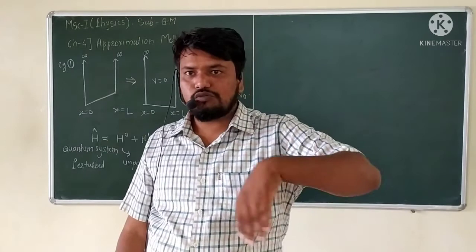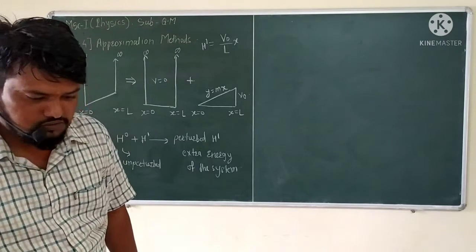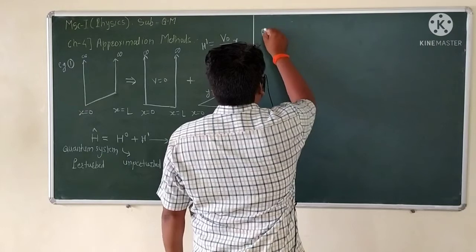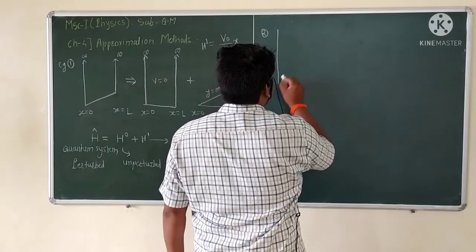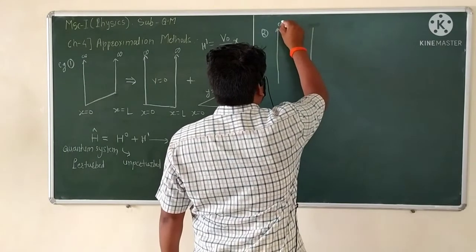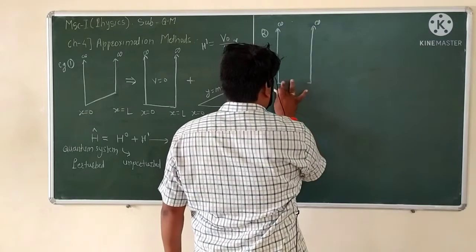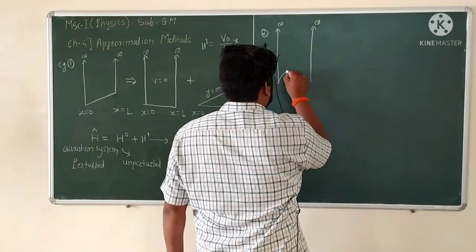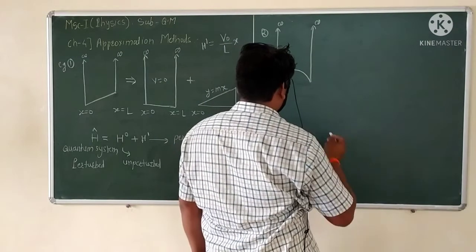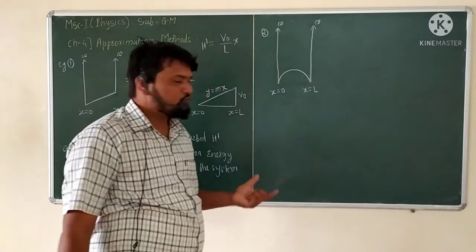We want to see another example, so that we get an idea of how it is calculated. For example, your potential barrier, this limit is going to infinity, this limit is considered as infinity, and your new potential function is given like this. This potential limit is on the x axis from x is equal to 0 to x is equal to L. How will we draw this potential?